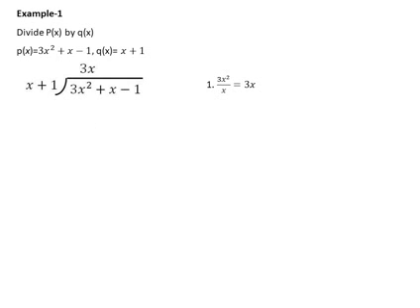Now the quotient has to be multiplied with the divisor. If I multiply, you will get 3x square plus 3x. Listen carefully. The 3x has to multiply with x plus 1. If I multiply, x with 3x, you will get 3x square. Then 3x with the 1, you will get 3x. Now we have to write this below the dividend.